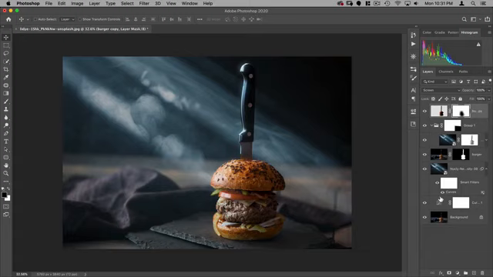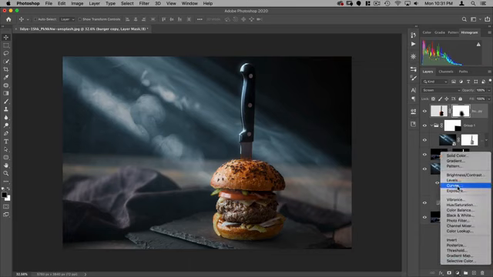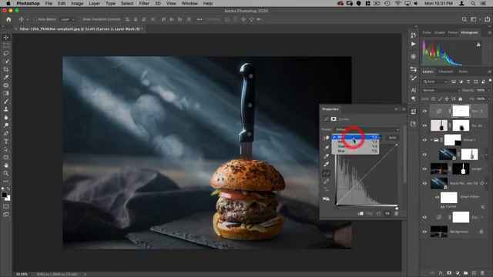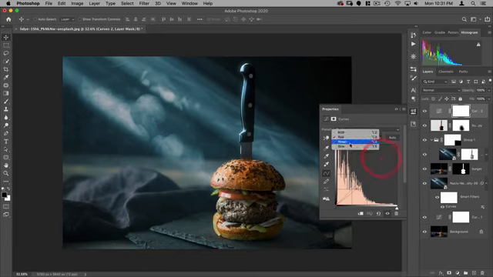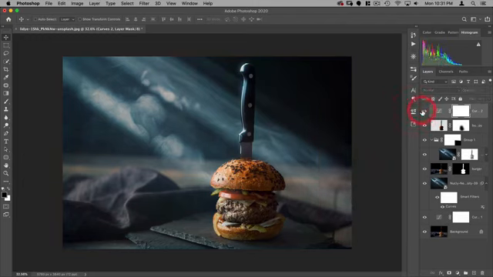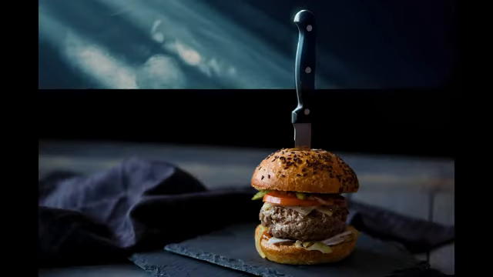Very last thing I might do is just add a color gradient or a color grade to the whole thing. I'm going to do that with a curve. Go to my red, pull down the cyan in the shadow areas, pump it up a little bit in the highlights, and then do the same with blue. I'm going to bring up the bottom of the blue and then bring down the top. And I'm happy with that. So here you can see the before and the after.